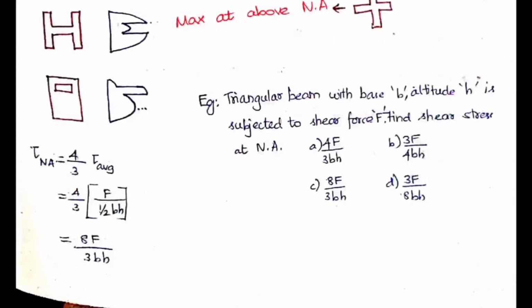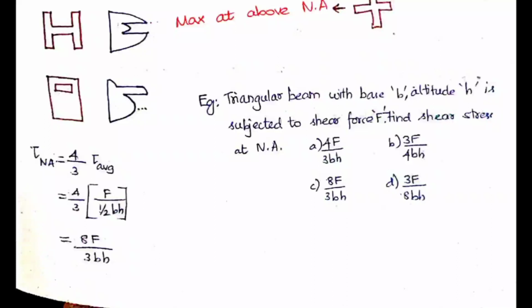So here I have given an example. A triangular beam with base B and altitude h is subjected to a shear force F. Find the shear stress at the neutral axis. If we are directly finding the shear stress, that is the maximum shear stress they have asked, you would use F into area B. For a triangular section it is somewhat difficult, because at the neutral axis you have to take the depth and the width, so finding the area and y bar is difficult, and then you should substitute the value in I as well. So rather than doing that, we can directly go with the ratio value, which will be easier for us.